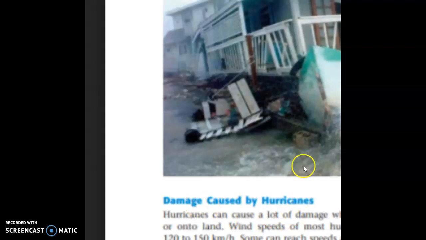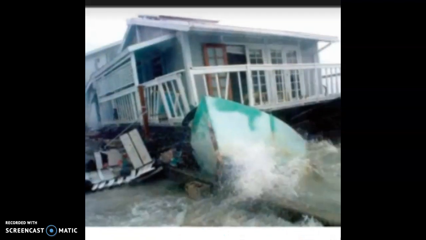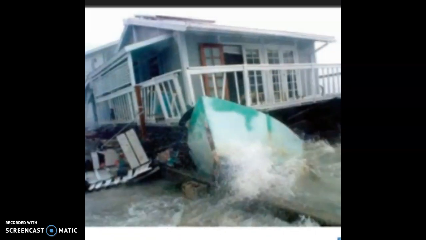Now, if we move forward, this is a picture of the damage that was caused by a hurricane. Again, property damage would suggest that this is a type of severe weather. In some cases, it can also lead to death. Now, this is why we need to know what kind of safety precautions we should be taking when we confront such